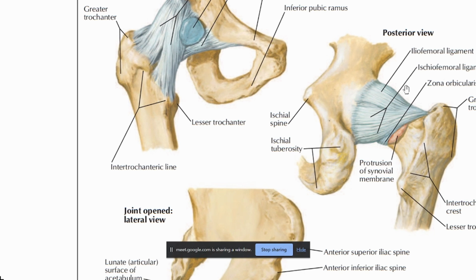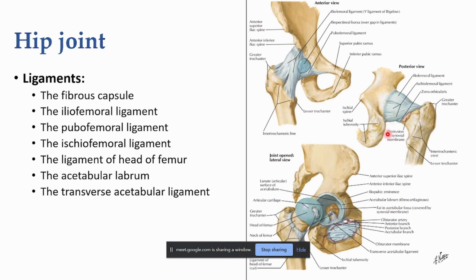The ischiofemoral ligament covers the joint posteriorly. The fibers are twisted and they extend from the ischium to the acetabulum. Also, some fibers extend to the greater trochanter, and as we can see, some of the fibers form the zona orbicularis. Next, we'll learn about the ligament of the head of the femur, which is also called the ligamentum